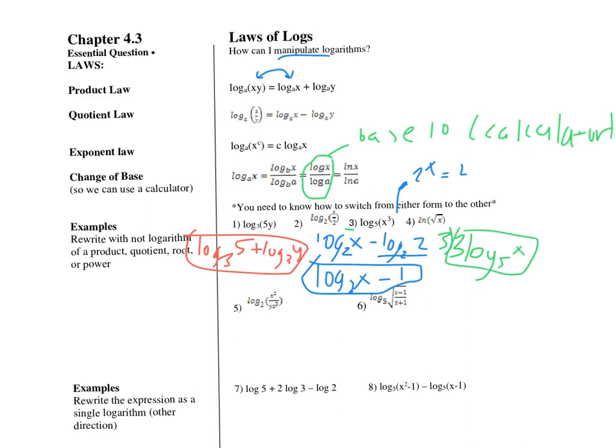And then lastly, for number 4, now this one here, first of all, it's ln. And so remember, actually, I'll do this in pink. Ln. Remember, ln is a log, so it still does have all these same rules. And so what rule are we going to apply? Well, it looks like we can't apply any of them, but there actually is an exponent there, because we need to think of it as ln of x to the 1/2 power. And so if we think of it like that, then it would just be 1/2 ln x, and move it out to the front. So always keep that in mind, that whenever we have square roots, that is a fractional